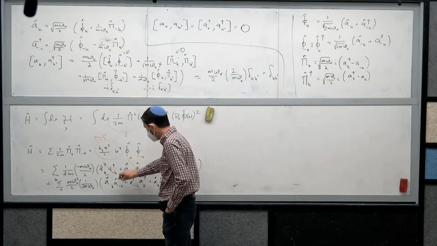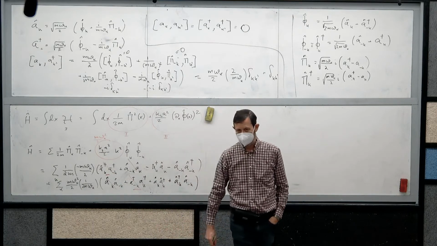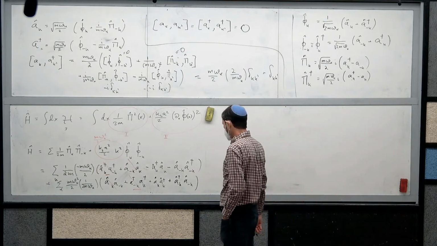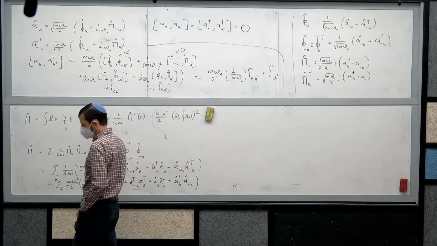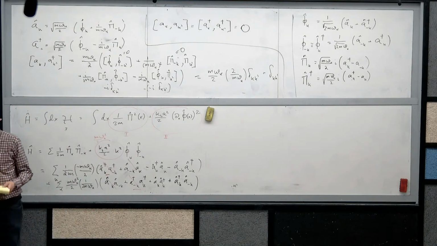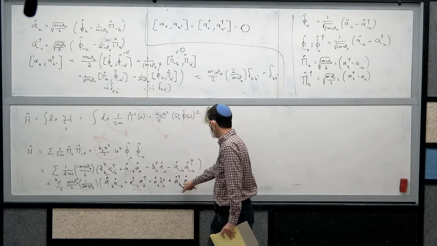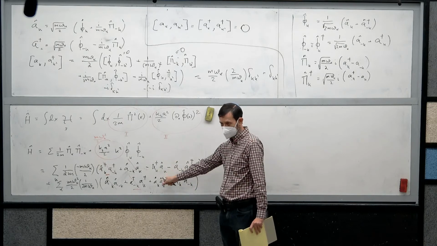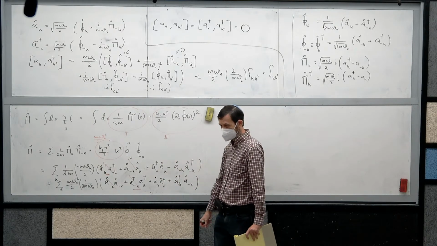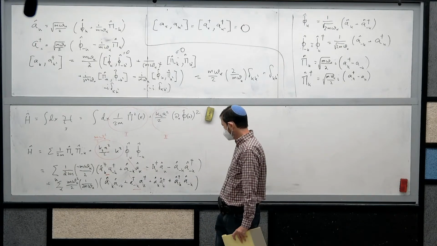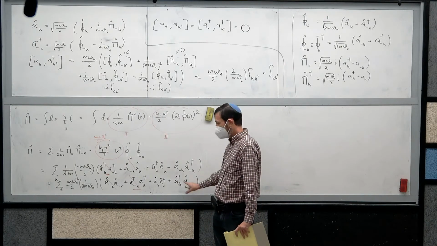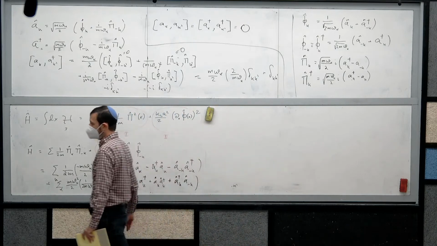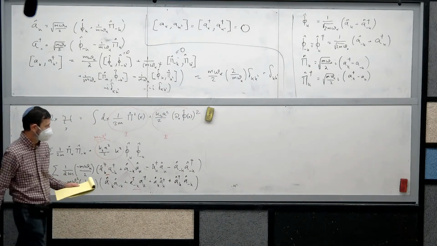Can get rid of this and this, as if I'm summing from the other way around. So this and this is the same, this and this is the same, because minus k here is equal to this guy. And I'm ending up with